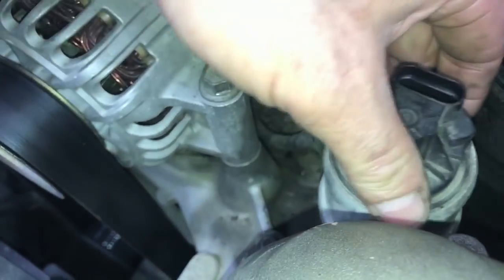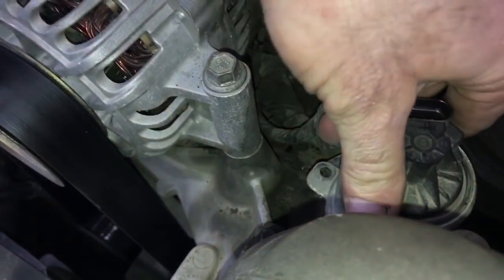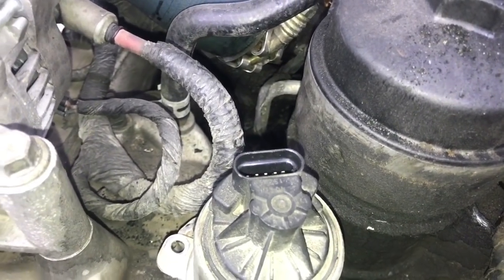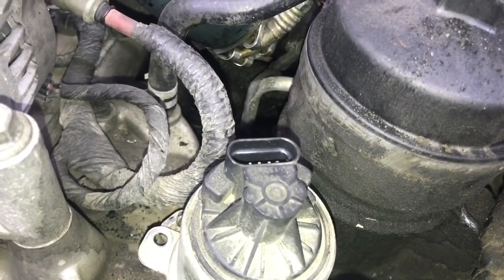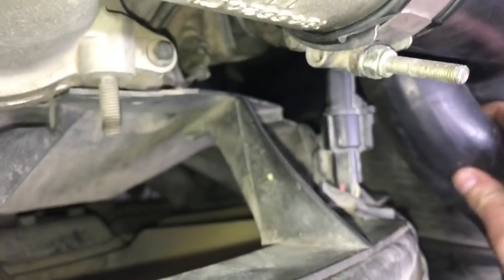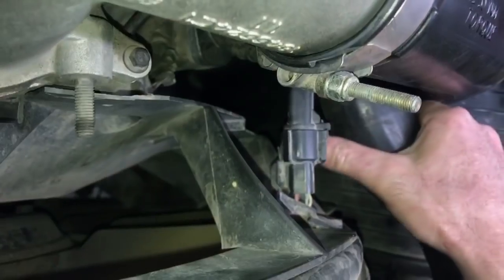That's because coolant's been running through there and it'll wash it. So we've got EGR cooler failure. That freaking sucks. And very rarely will an EGR cooler normally pressurize a